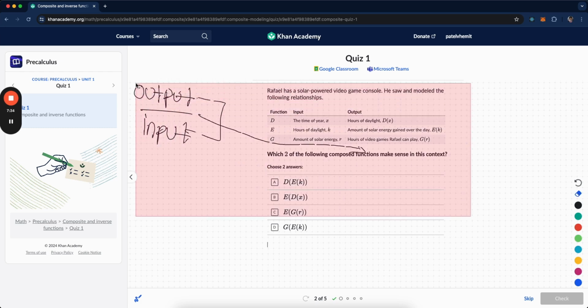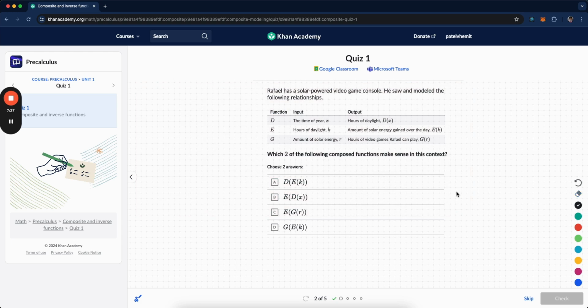So let me go ahead and erase this. Let's look over here and just go downwards. We're going to start off with d of e of x. If we look at function d, it gives us the output of hours of daylight. So this function in the end will give us hours of daylight. But if we look at the output that the function e of k is giving, which is here,